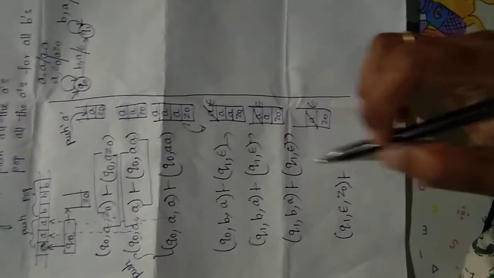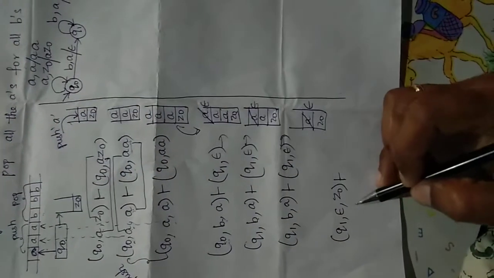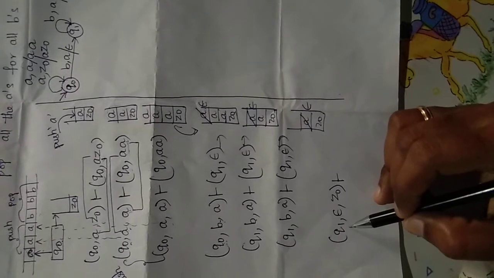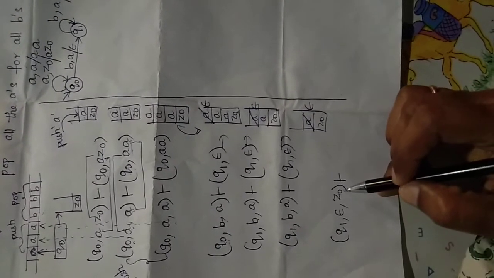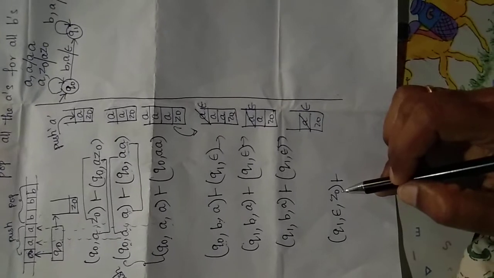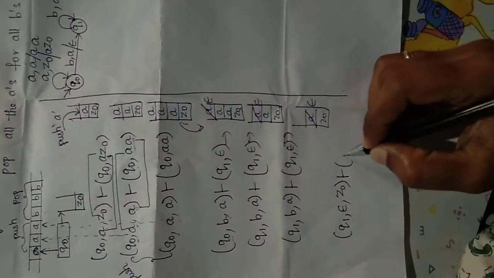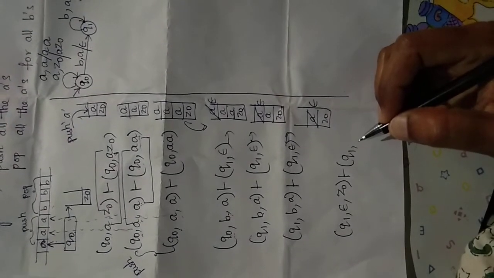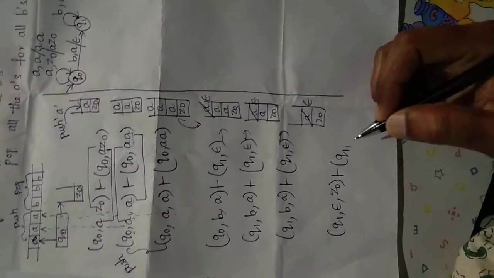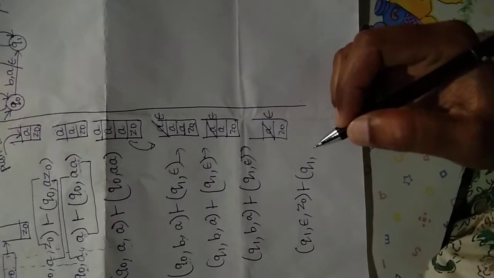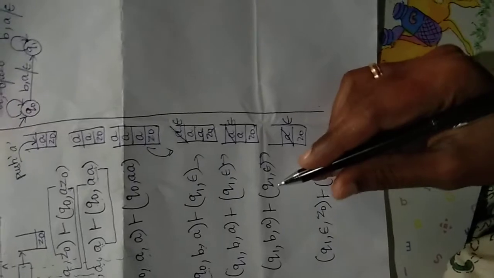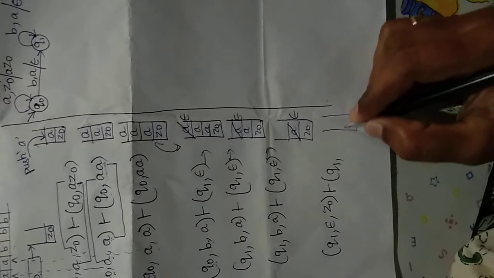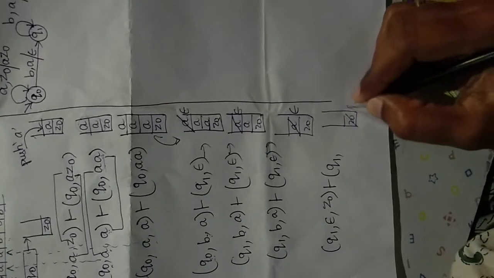After completing the A's and B's here, the input string is completed, that is represented with the epsilon, and the default stack symbol is here Z0, and we are in the same state here, Q1 state. Either you can remove the Z0 or you can place the Z0 as it is, that is the stable case here. Suppose I am in the same state Q1. I want to remove the symbol, means I want to pop the symbol. Why? Because Q1 is the popping state only. I want to remove the symbol Z0 also.